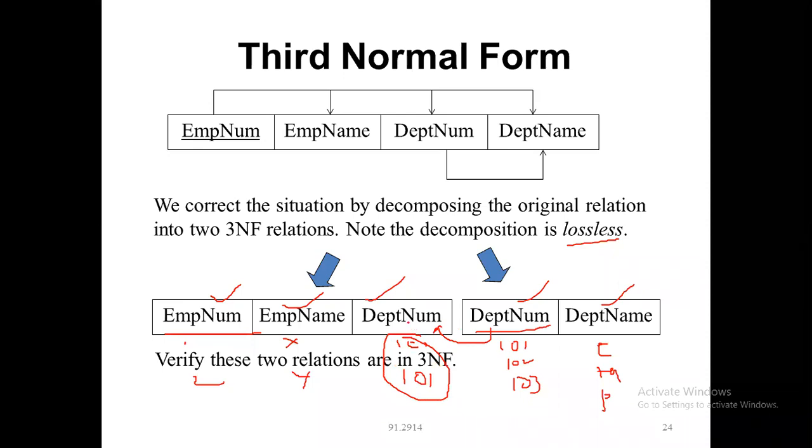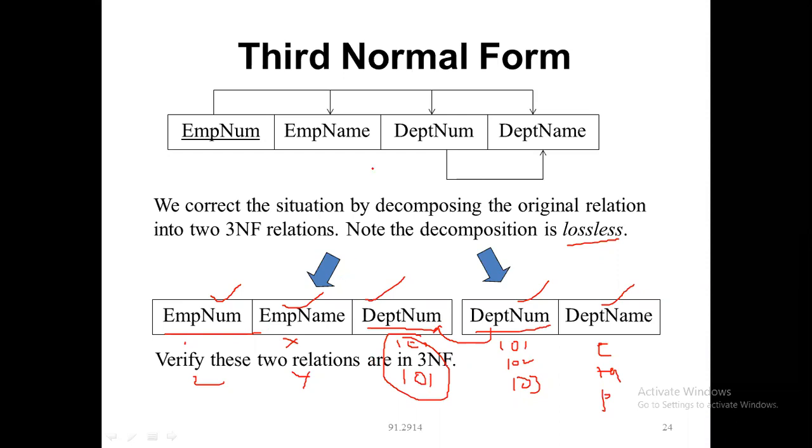If I put a key for this, no duplicates, then what happens? One person can have only 101, that means he can work only in that particular department, and a second person working in the same department is not allowed. So if I put the restriction, I have such a problem. If I don't put the restriction, I have duplicates. That is redundancy. So in order to avoid such complexity, I simply divide this table, which is called third normal form.